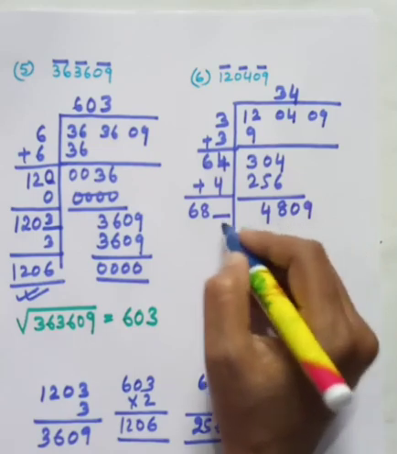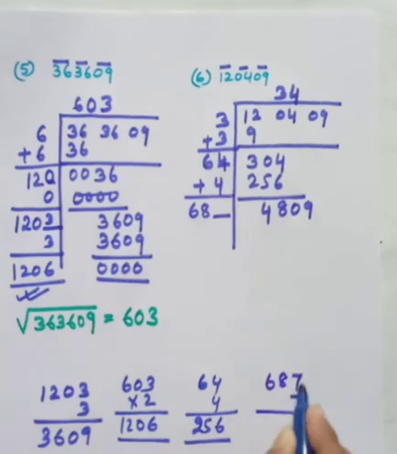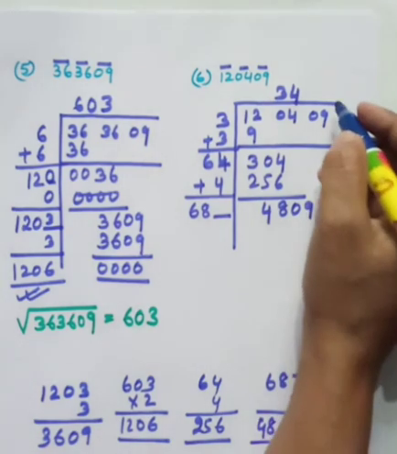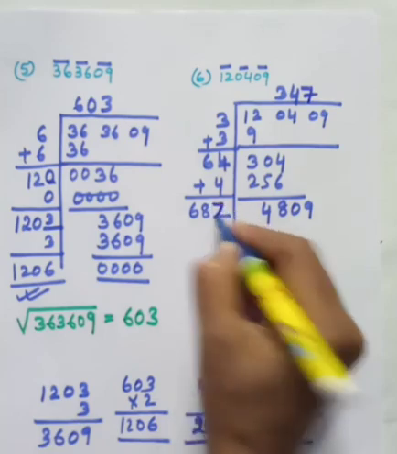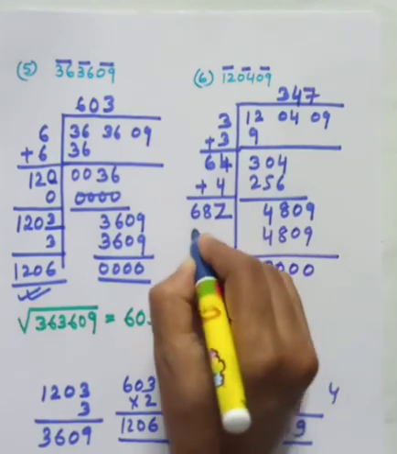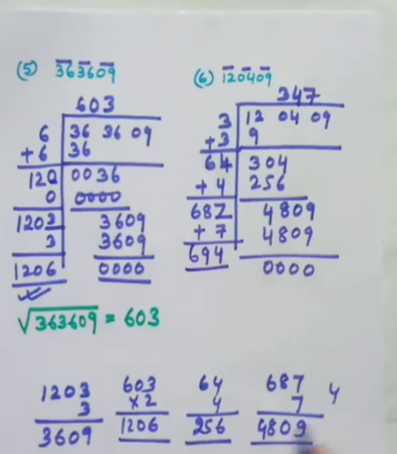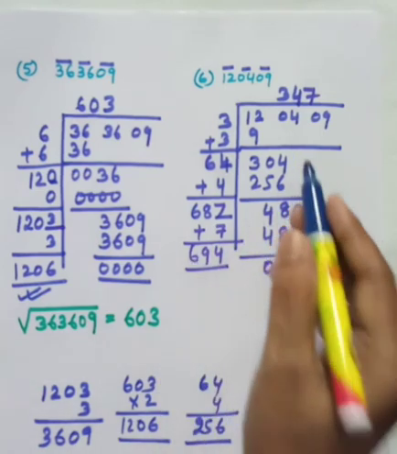Here we are having 48. So let us see 6 7s are 42. So better to look for 7 times. 7 7s are 49. 4 56 and 4 is 60. 6 6s are 36 and 6 is 42. 7 7s are 49. 4 56 and 4, 60. 0. 6 7s are 42 and 6, 48. So this is 7 and we are getting 4809. Here plus 7, so 7 7s are 14, 1 9 6, 694. Check whether 694 is coming correct.